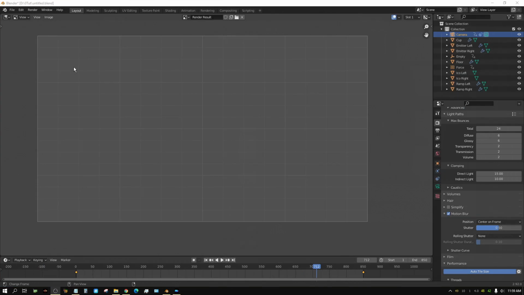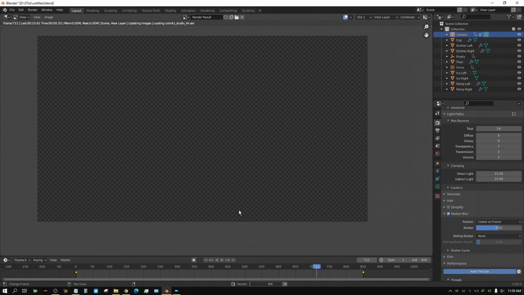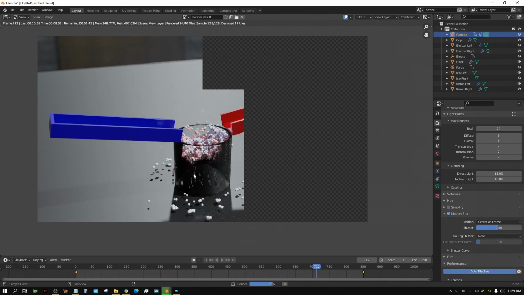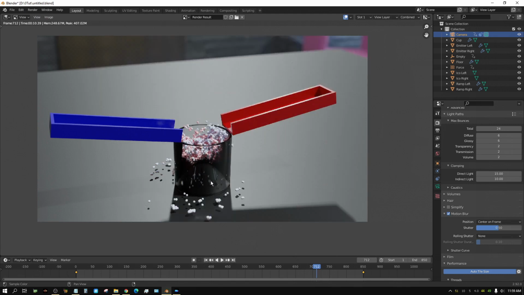Alright, when I was rendering this, I realized I made a little bit of a mistake whenever I was creating the cup. Let me render a frame and show you what this looks like. Now, the problem is with the shading, and it doesn't look right at all. Now, I'm going to show you the changes I made to just kind of salvage it so it looks halfway decent, which realistically I should have just modeled the cup better. But instead of redoing it, I'm just going to make some changes to try to salvage it and make it